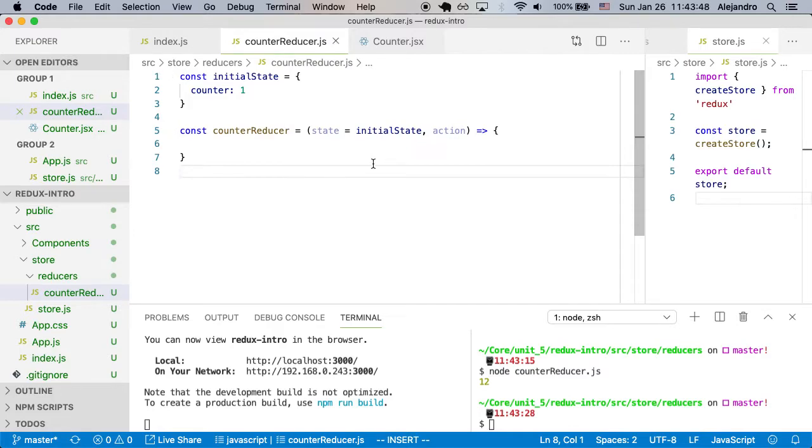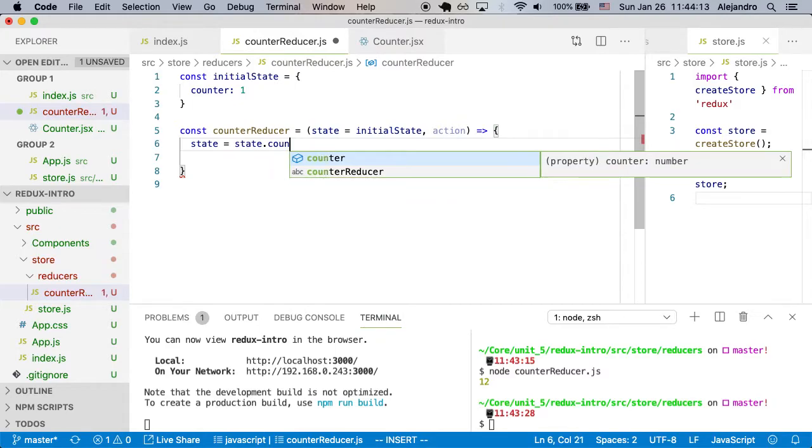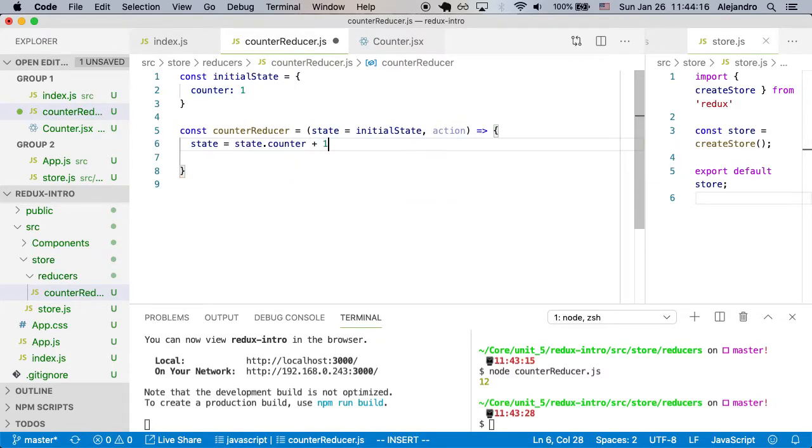Now, I said reducers, and I'm going to keep saying this until you get tired. Reducers need to be pure functions. They must never modify the state in place. They must always create a copy and return the modified copy. That is, I can't do this. I can do state equal state.counter plus 1. Right? I'm modifying the state directly by setting the state. Actually, I can't say this. counter equal counter plus 1. Can't say this because this is